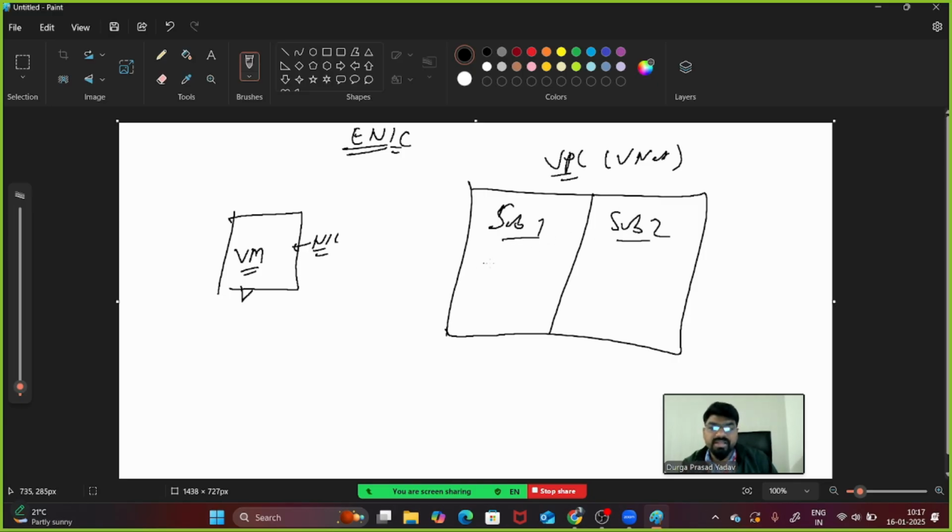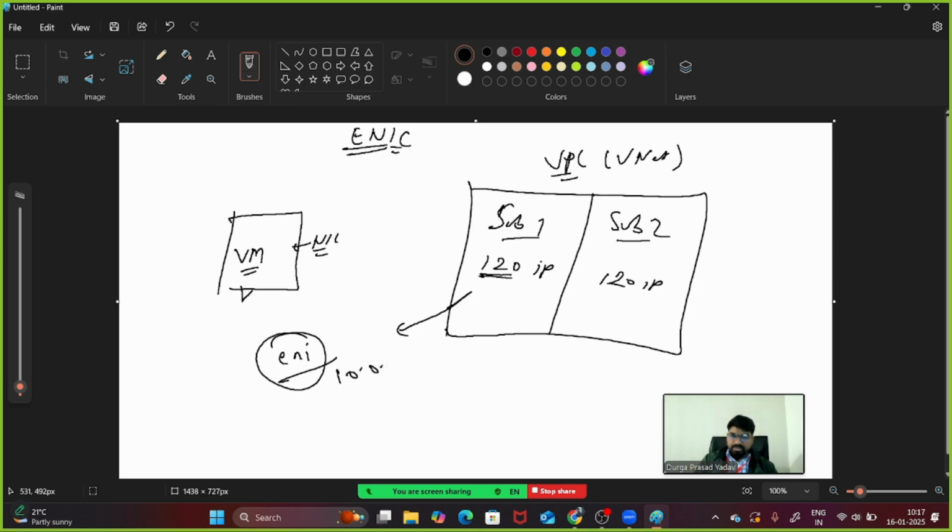Within this network, let's say you are getting somewhere around 120 IP addresses, and here you again get 120 IP addresses. If you create an ENI, a network interface card, within this network, one IP address from these 120 will be used by this ENI. Let's say you keep 10.0.0.1 here, so now it will have only 119 IP addresses.